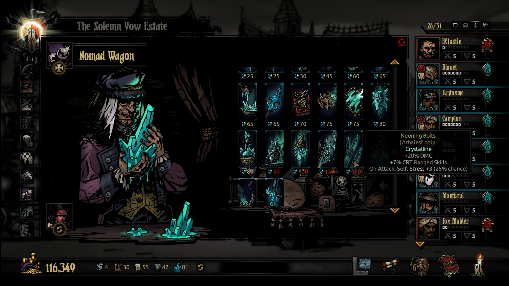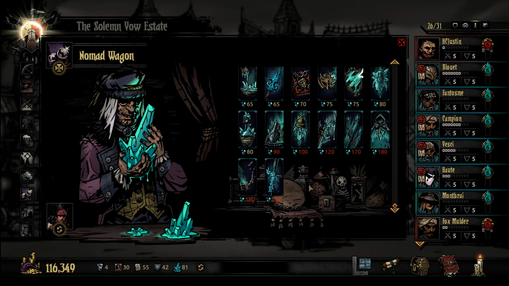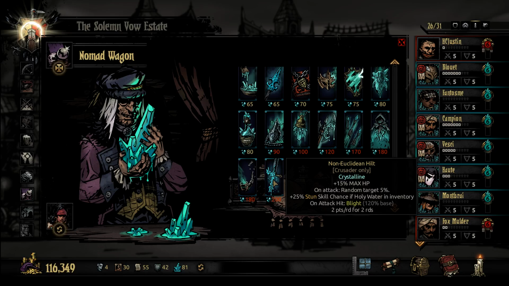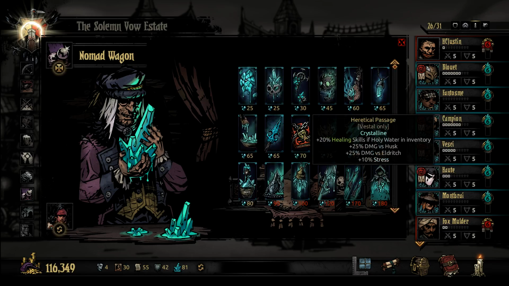Arbalest. Plus 20% damage. Plus 7% crit on range skills. My god. The Crusader one is so expensive, but it does blight at 120% chance and makes your stuns better if you have holy water and gives you max HP. Random target 5% is no good though. Okay. What I'm thinking,